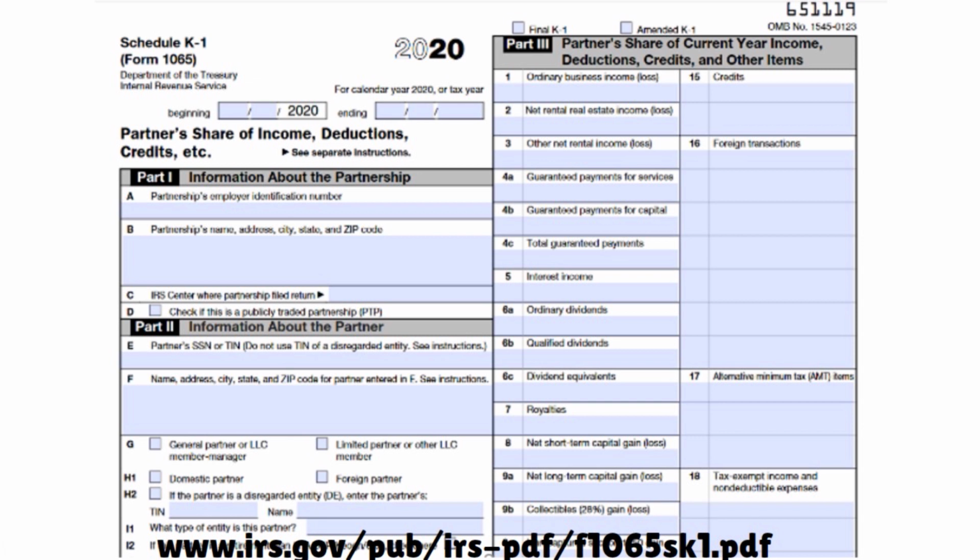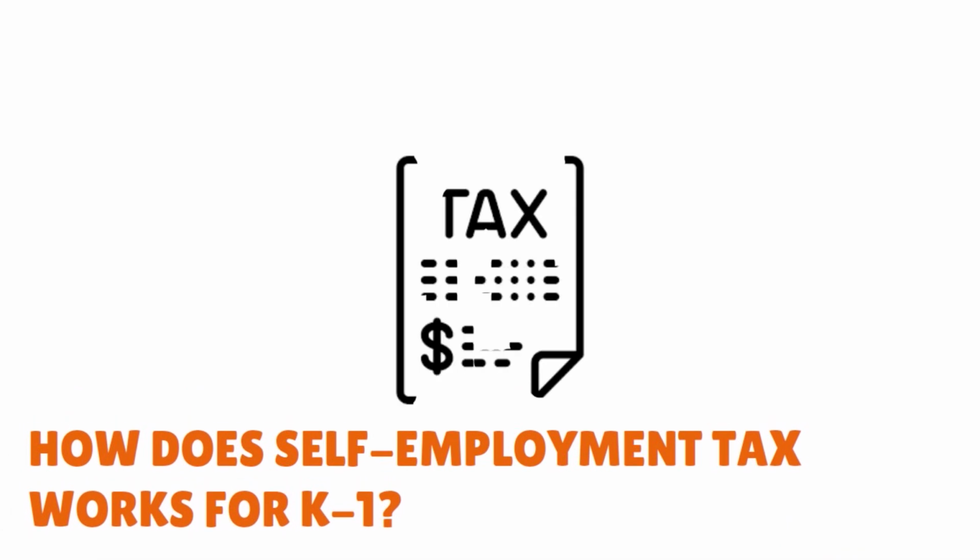So Schedule K1 will show you your self-employment earnings from the partnership or LLC you are a member of, or the S corp you are the owner of. So you'll need to pay self-employment tax on that amount. This is very important. The thing here is that your self-employment tax amount will depend on the amount